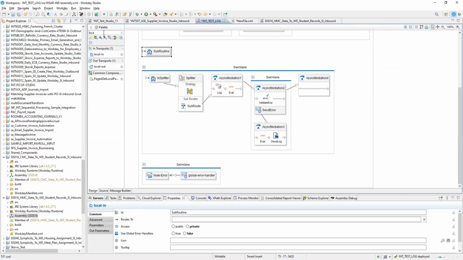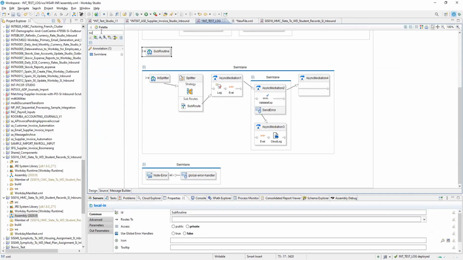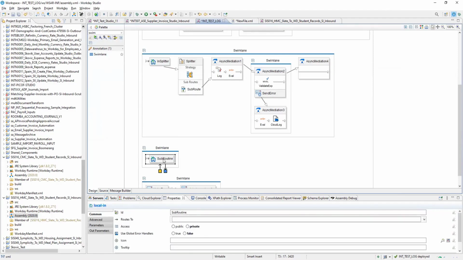Okay. Async. Not async. First is... Generate log file.